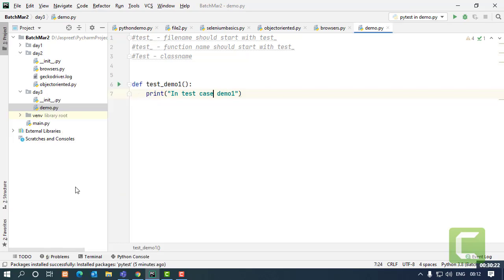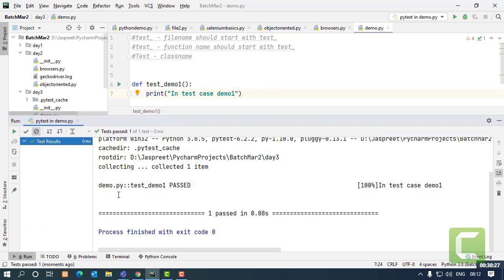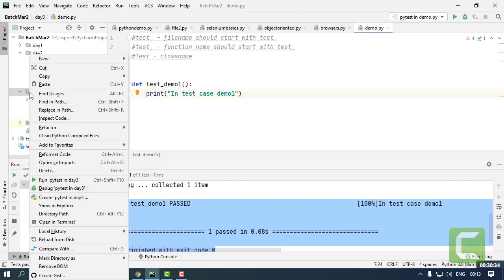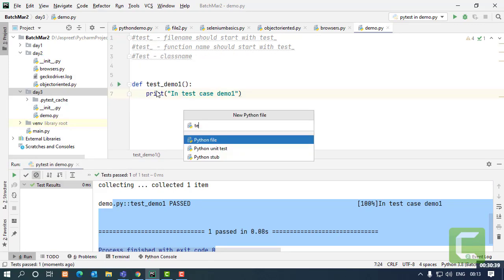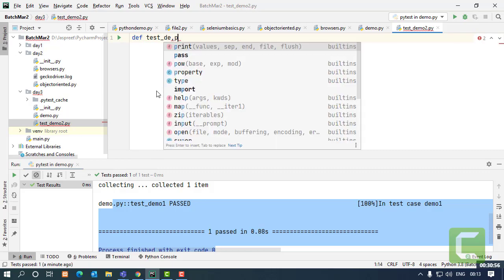So if I run this, it passed the test case over here. It simply passed the test case. But now suppose there are more files, more test cases over here, following the rule test underscore demo2, and inside this also a test case is made.